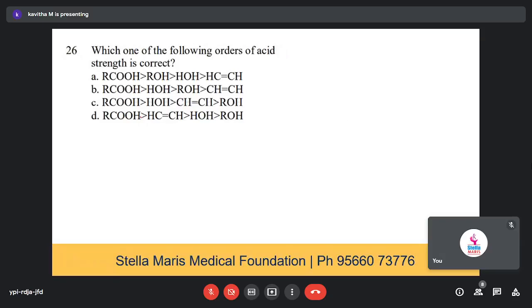Acid, alcohol, water, and acetylene. So the order of acid strength is